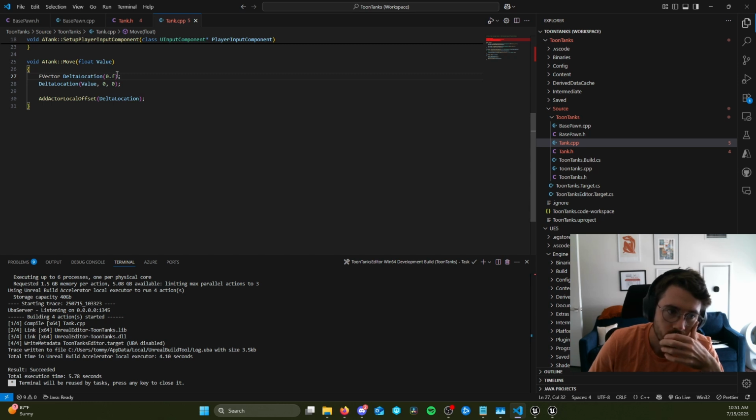And this is exactly what it sounds like, a vector with 0 for each component. This is just to show you an alternative way. So we have a zero vector. Now, I'm going to take DeltaLocation.X and set that equal to